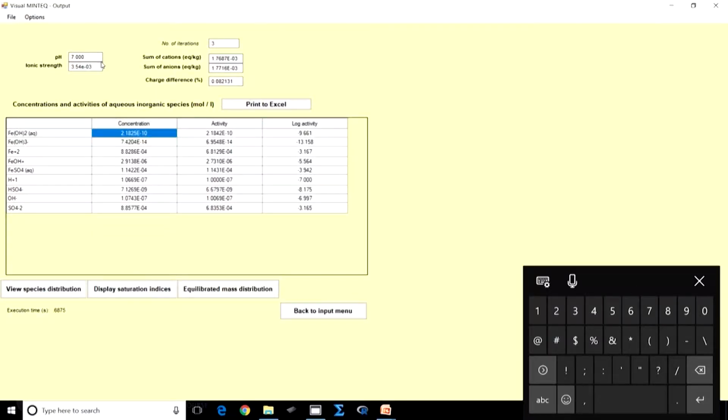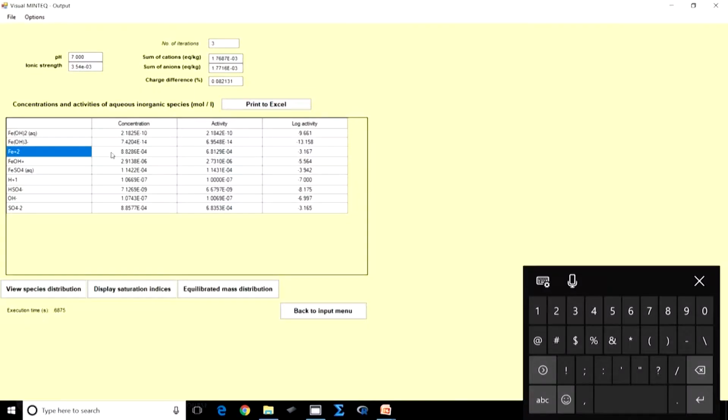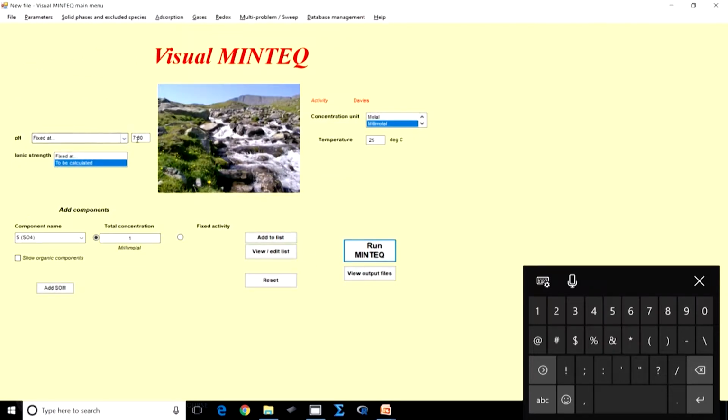Again, here you see, because you increase the OH minus concentration when you increase the pH from 3 to 7, the Fe and OH complexes are going to be at relatively high concentrations, but you still see that compared to the free metal concentration of Fe2 plus, FeOH plus and FeOH twice are still at relatively low concentrations. So now I am going to change the pH to 11,